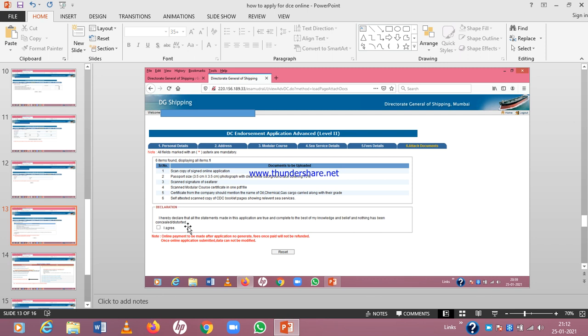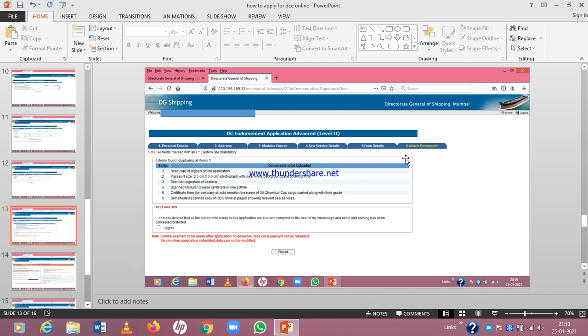You click here, I agree, and that's it. You just finish it here, and then leave it like this. So you have already applied. When you fill in all the details, you will get this continue button here. When you press that continue button, you will get an option for application. That application, if you click on that, you can take a printout of that application. Once you've taken that printout of the application, you go back to the window.